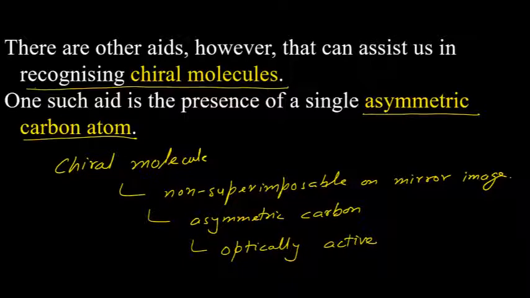Yes, Vanna, correct. Chiral molecules are optically active. So if you understand these 4 points, you will be able to understand what I'm going to talk about in just a few minutes. So we talked about chiral molecules. Why did we talk about chiral molecules? Because that decides whether the compound is optically active or not, whether it will show optical isomerism or not.